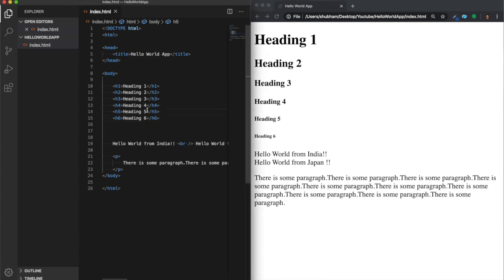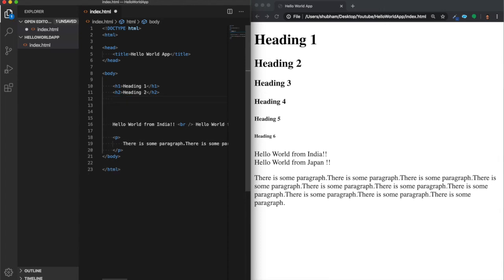Now if we are not using h3, h4, h5, h6, I think we should remove these. They are actually not of use. So we only have heading tags till h6. After that we don't have heading tags; that will be just plain tags. Okay, so I think we can remove this.